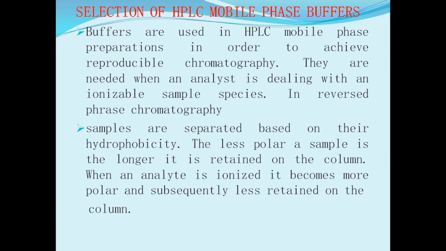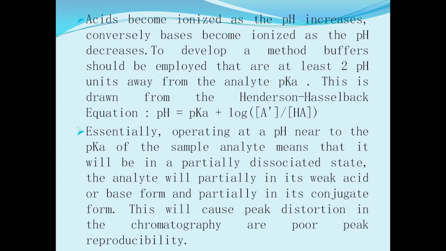This is drawn from the Henderson-Hasselbalch equation: pH is equal to pKa plus log of A minus upon HA. Essentially, operating at a pH near to the pKa of the sample analyte means that it will be